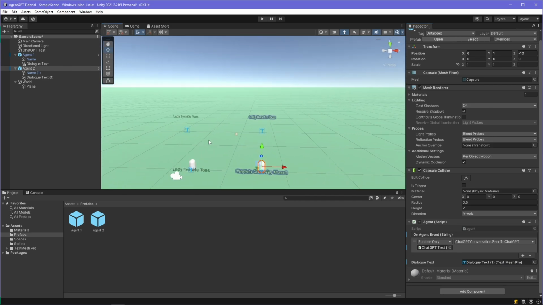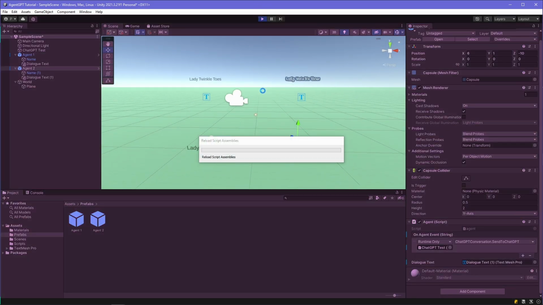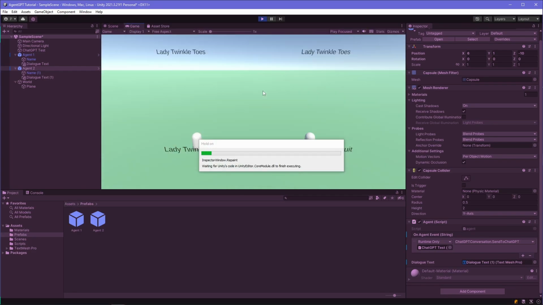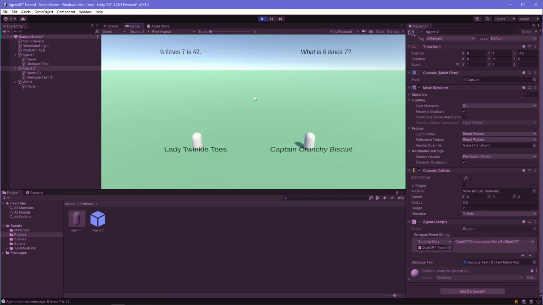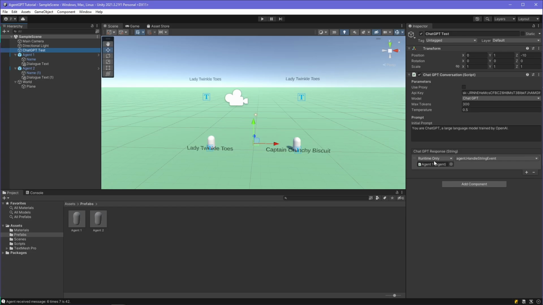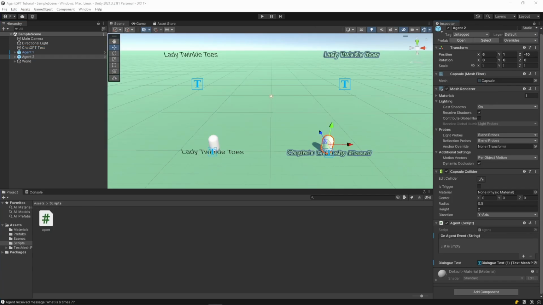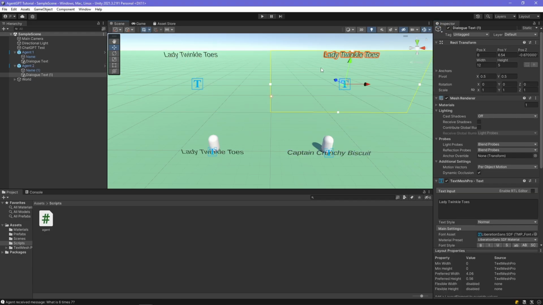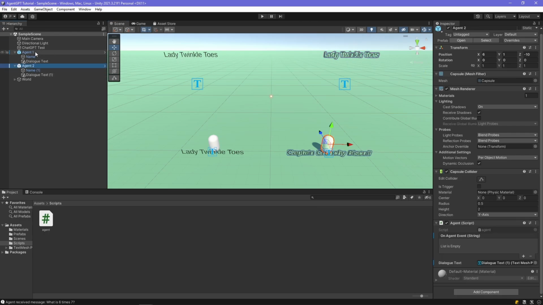Okay, great. So quick test. Yes, we get the response. 7 is 42. And we only see the response in one of the options because here in ChatGPT, it's only agent 1 that is a listener for the response in this case. So now we've got our two agents here, and we can see what they're saying by using these text fields above their heads. Next, let's give these agents their own ChatGPT brains and hook them up and test them out